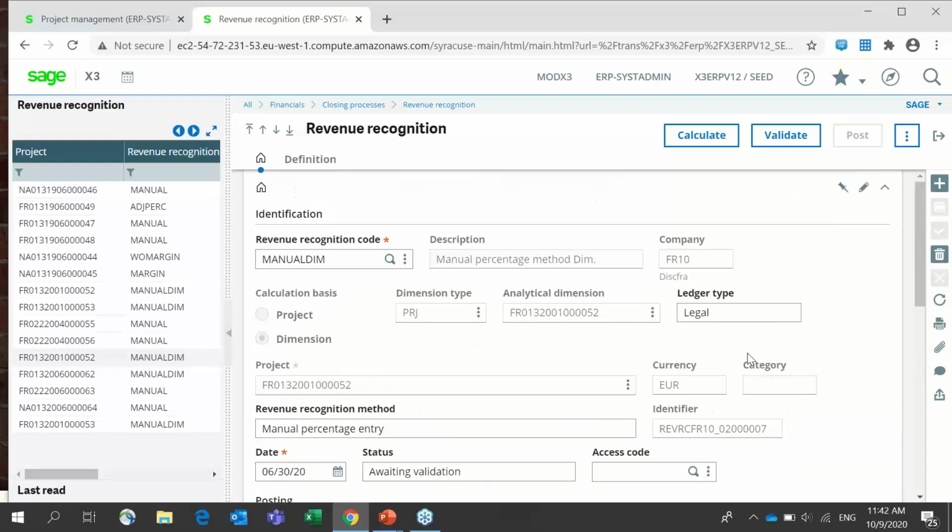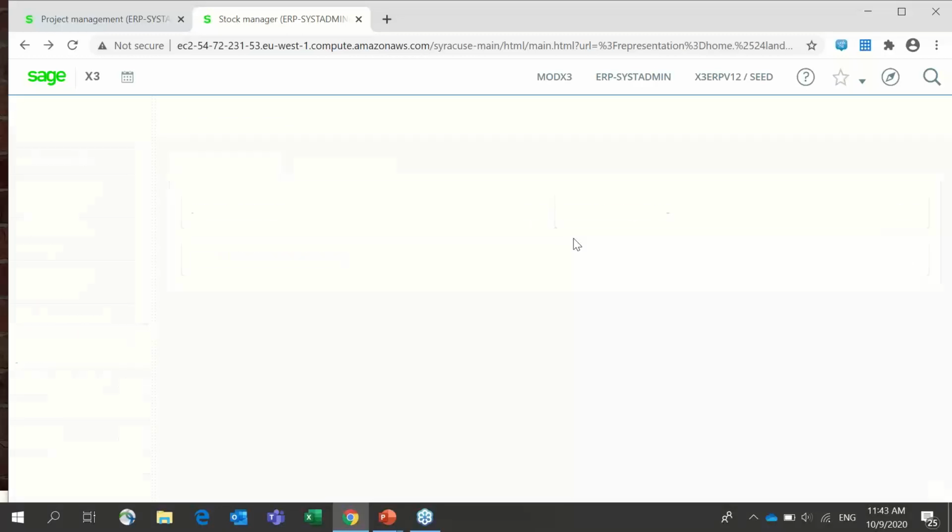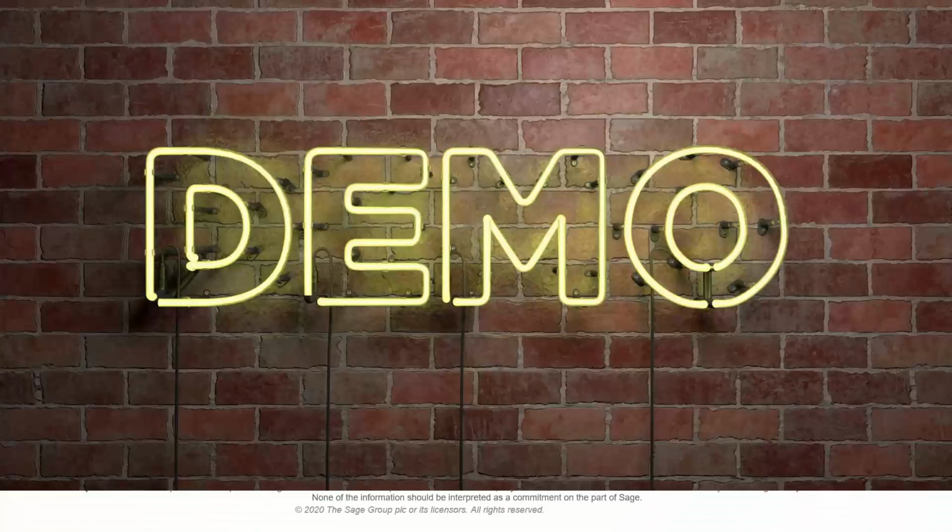If I validate, the next feature, I will go back to show you how the journal entries are generated in that case. Okay, so now I'm back to my